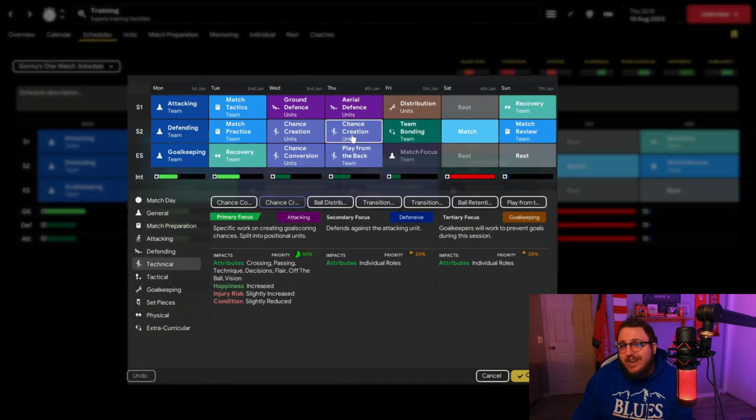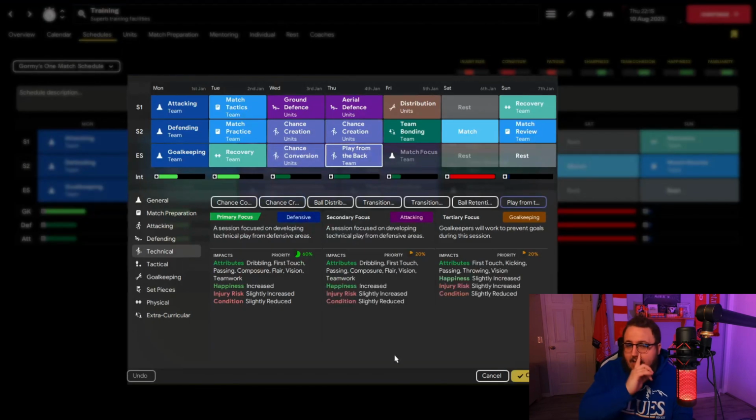That Thursday, aerial defense, once again, focusing mainly on defense. We have chance creation again, because I think chance creation is absolutely vital. Yes, chance conversion, super vital as well. That's obviously your side scoring goals. But creating those chances, we definitely want to make sure we are doing as best as possible to be able to do so in creating chances to then convert. Now, play from the back, that is going to be focused, once again, on the defense,